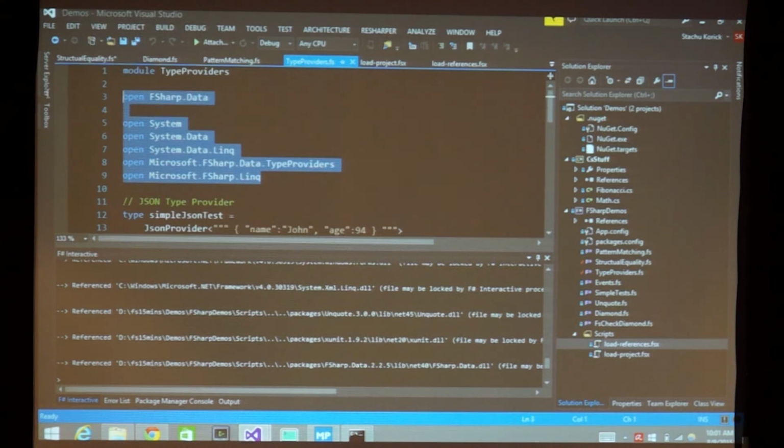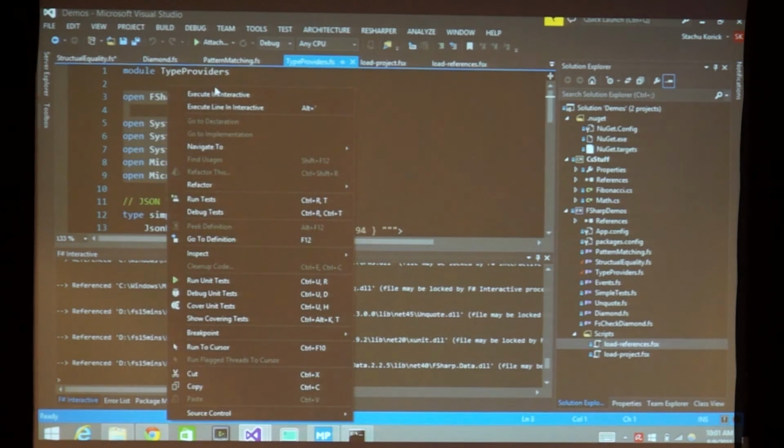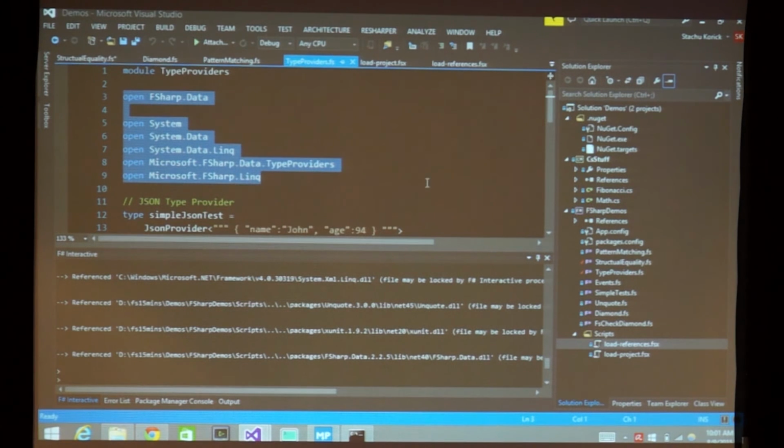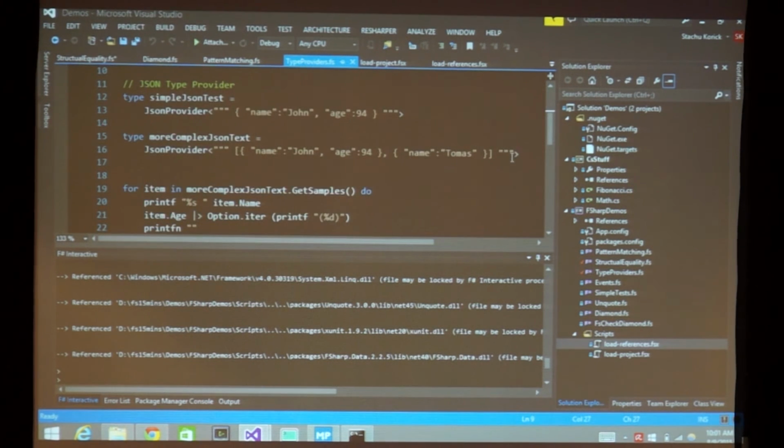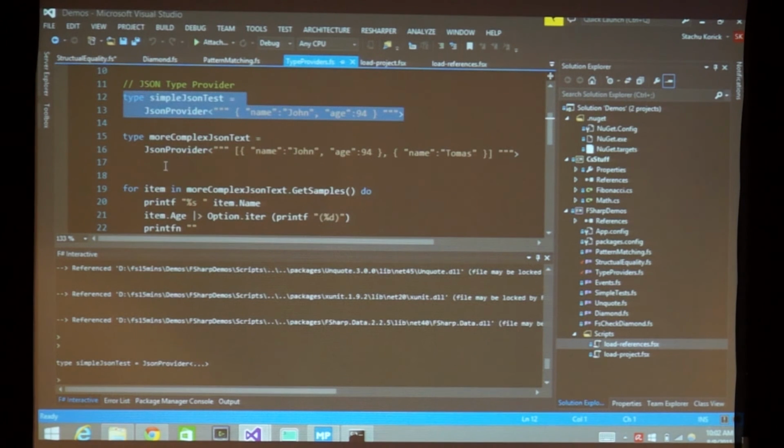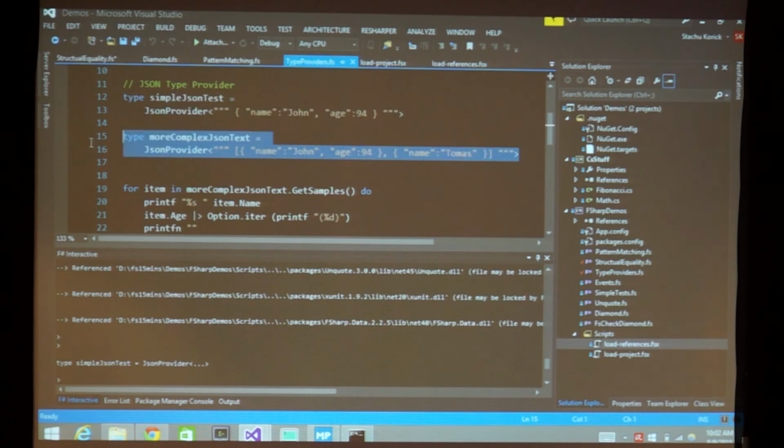And given that, I can open all the namespaces I need, which just takes a second. And what I'm going to do is create some types by just giving F-sharp some strings. And you can do this with a lot of things, more than just JSON or XML. So the first thing we're going to look at is a JSON type provider. And what the JSON type provider is going to do is look at all the internals and basically create types from it. So if I run this, blah, blah, blah,